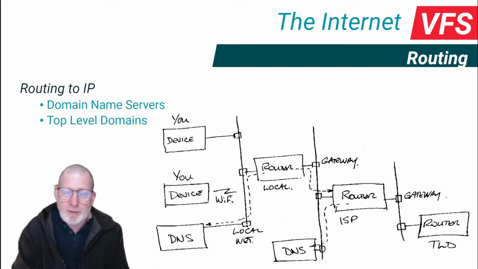Then, when you get on your device and you say, go to mydomainname.com, it goes to your local router. Your local router doesn't recognize it. It hands it to its gateway. The gateway hands it to the ISP router. The ISP router looks it up in the domain name service, grabs the actual IP address, and continues the routing